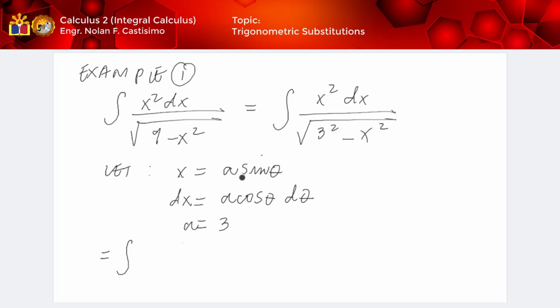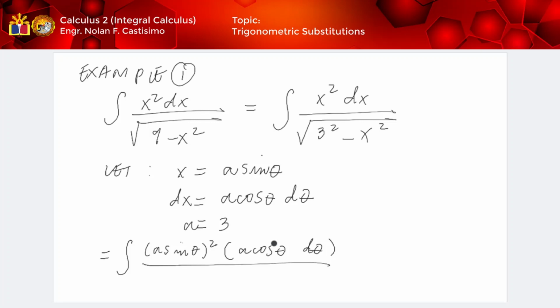So, itong a sine theta natin, isa-substitute natin dito, wherein ang a natin ay 3. So, ganito muna. A sine theta squared times, so yung dx natin ay a cosine theta d theta